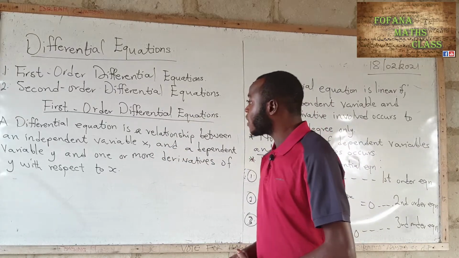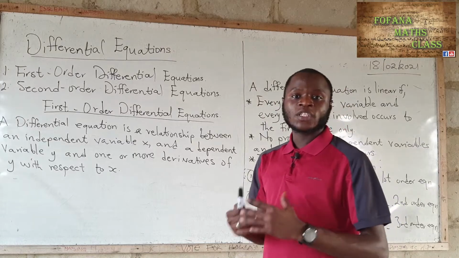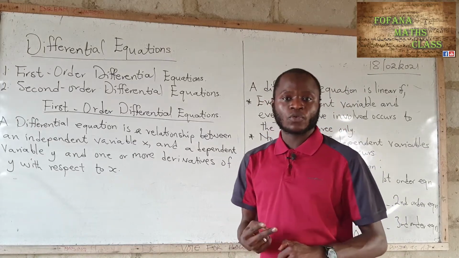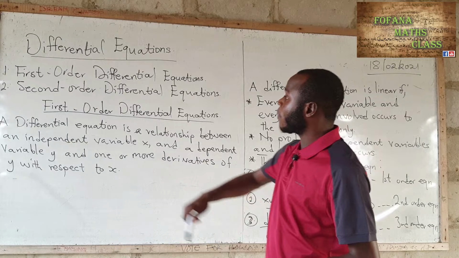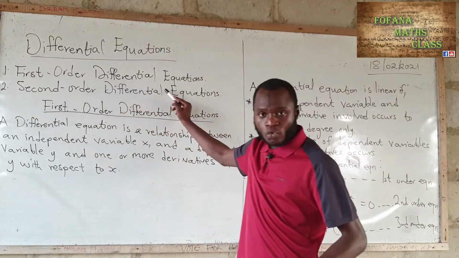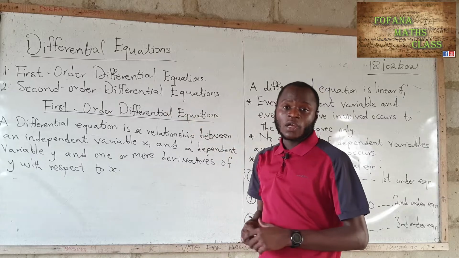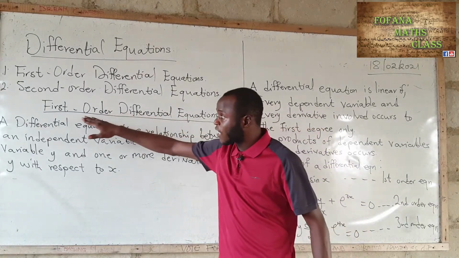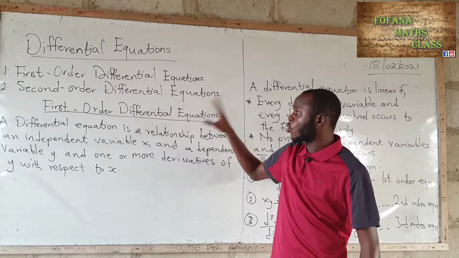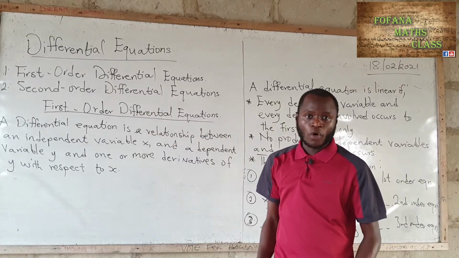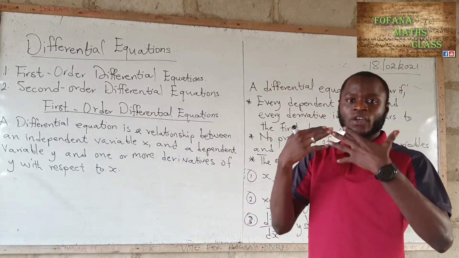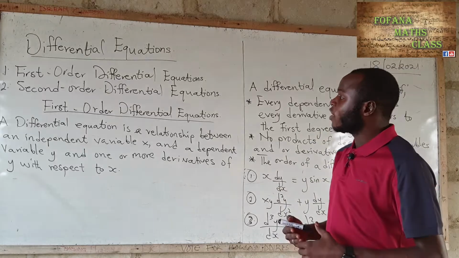Okay, the first thing that we have to know is in differential equation we have two types of them. The first type is first order differential equation. The second is second order differential equation. And we are going to look at the first type, which is the first order differential equation. Now, before we look at how to deal with first order differential equation, we have to know the definition